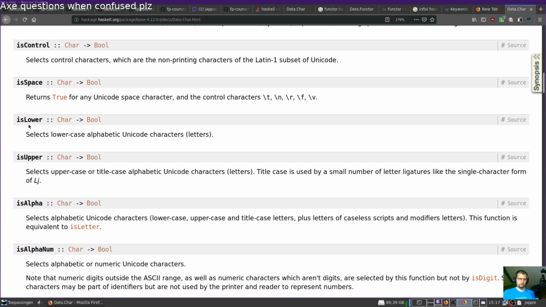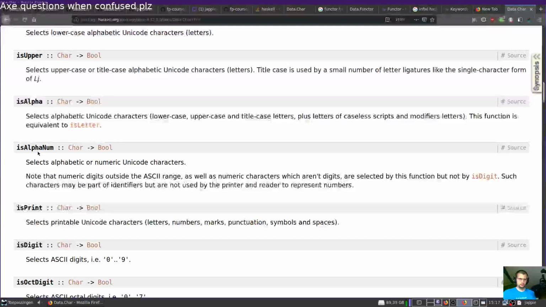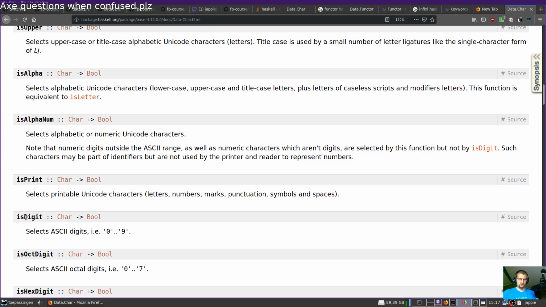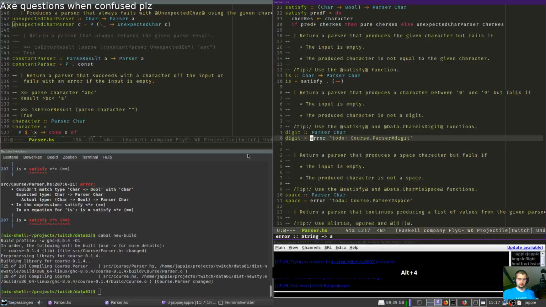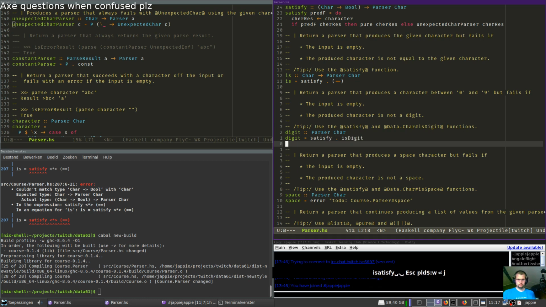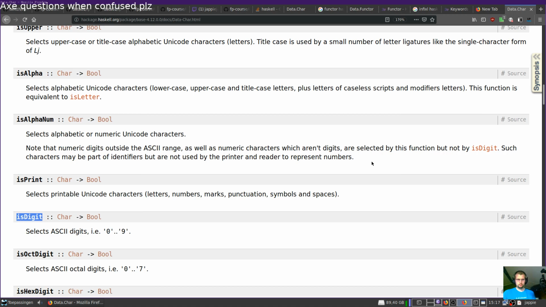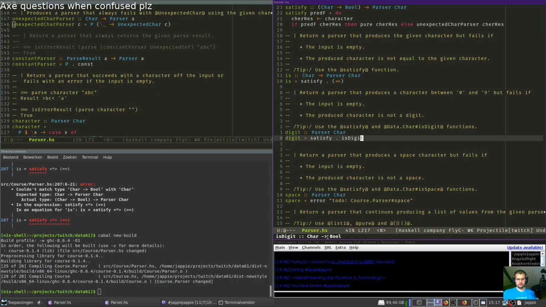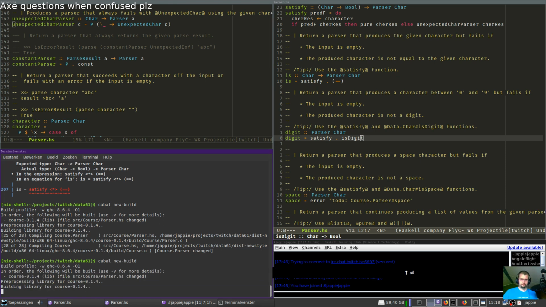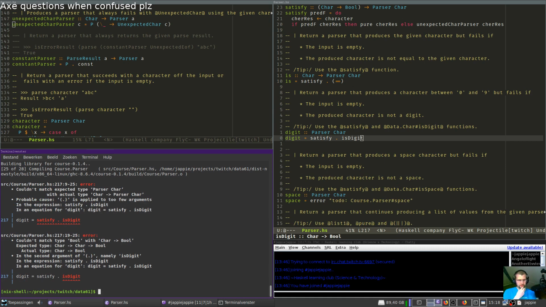Is upper, is lower, is space, is control. Is digit. How about that? Okay. Yeah, this is it, right? This already satisfies this char to bool thing, so you don't need to get any arguments anymore either. Oh, it doesn't know about this digit.